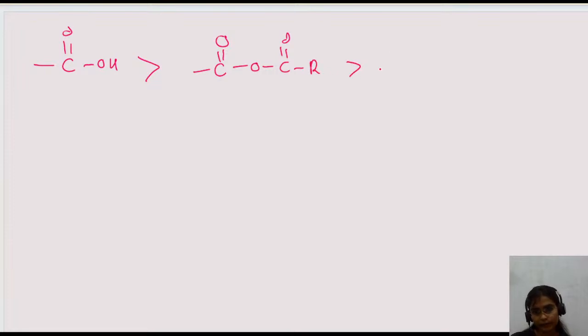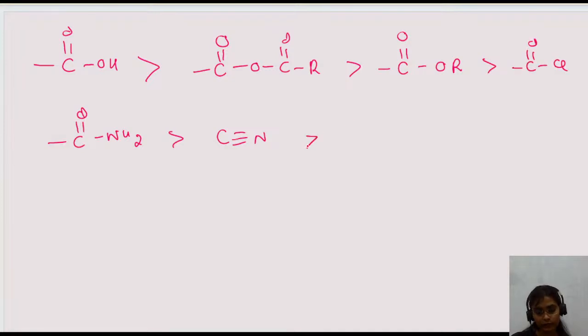Okay, so the first priority is given to the acid, the COOH group. The second priority is given to the acid anhydride. Third, ester, then amide, then nitrile. After this, anyone more left? RCN, okay. After this, amide, nitrile, then aldehyde,